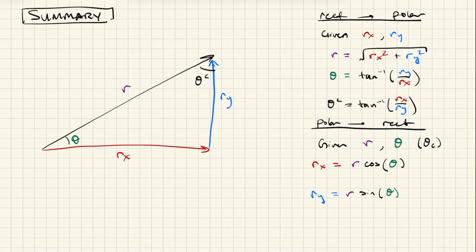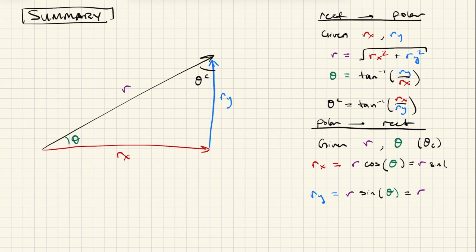And for completeness, we can also write this in terms of the complementary angle. And so remember, when we're looking at the complementary angle, basically the sine and the cosine switch places. And so we can very quickly write down the results in terms of the complementary angle here. This cosine becomes a sine. And so now we have,